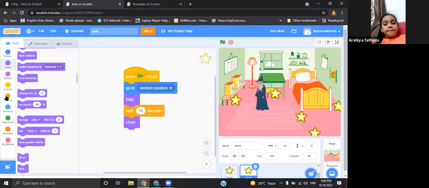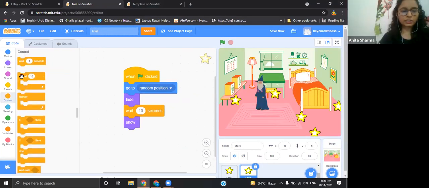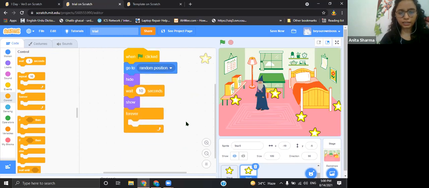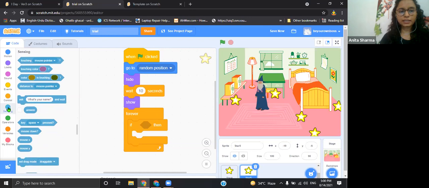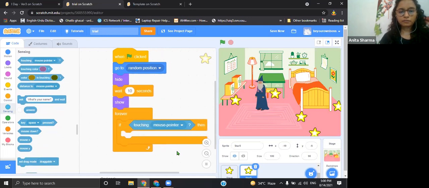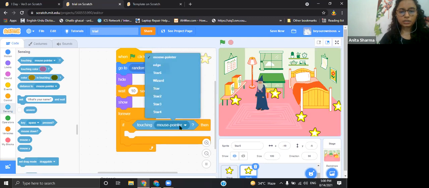It should send the message to the wizard. Again we are going to use this forever loop because we need to check the condition again and again, and then this conditional block: if it is touching the wizard. Touching means we go to sensing and use this: if touching wizard.